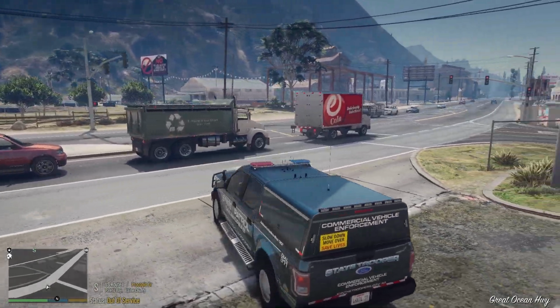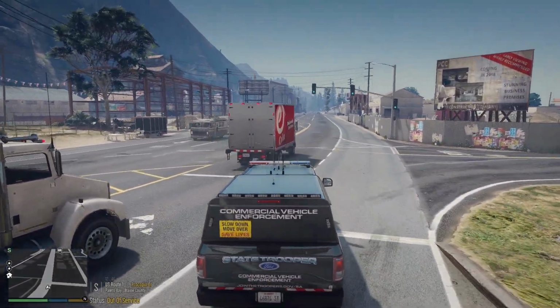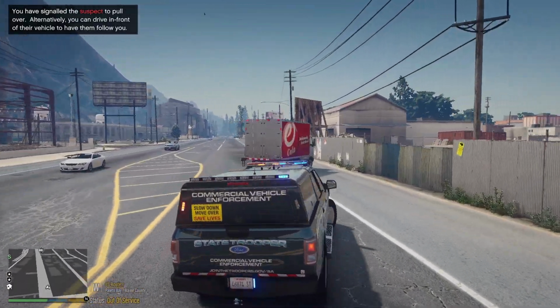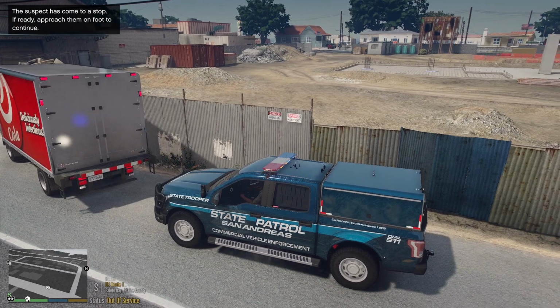Alright, so we got another vehicle up here. Actually, we're going to get this cola truck. Go ahead and get him pulled over. Robert Crow,